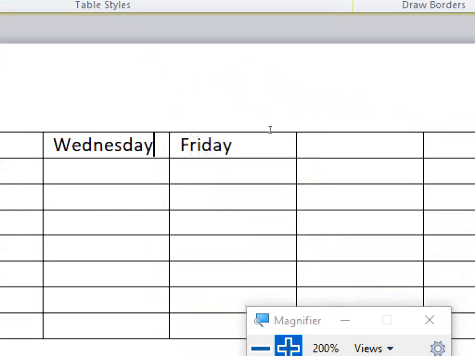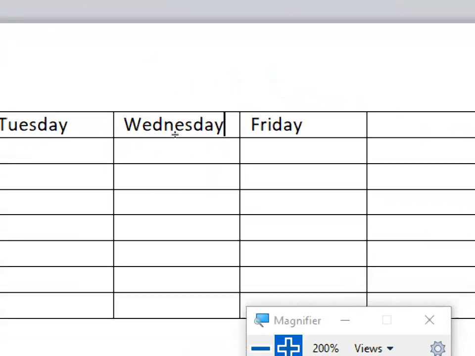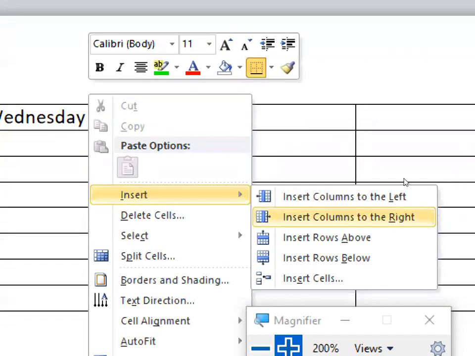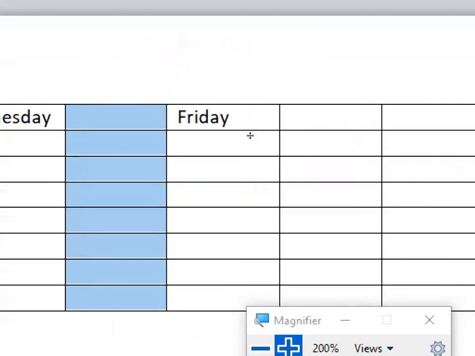Whichever column you have selected, towards its left means it will create a column here, towards its right means it will create a column here. So where you want, towards the right or towards the left of this column? Towards the right. So we'll say right click, insert columns to the right. So a column will be created. Are you all getting it?